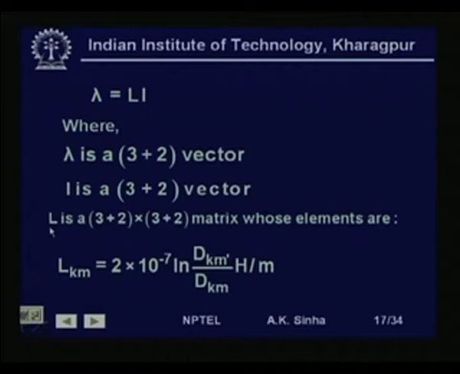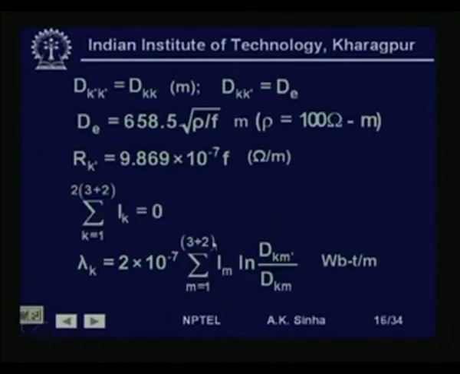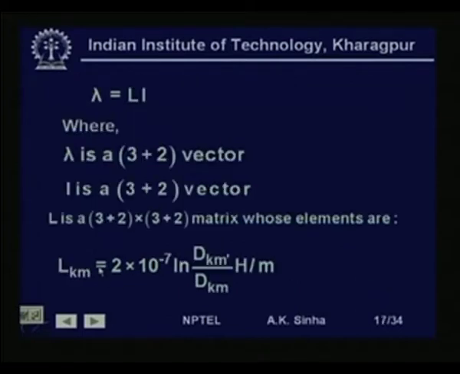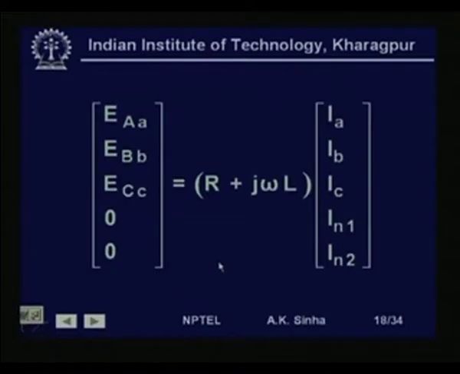Now, L, which is the inductance matrix, is also a 3 plus 2 into 3 plus 2 matrix, whose elements L k m is equal to 2 into 10 to the power minus 7 log n d k m dash by d k m. This comes out from the previous relation of lambda k. So, lambda k we know. So, if we sum this up and then we find out the inductance for the conductors, then L k m will come out to be this much,